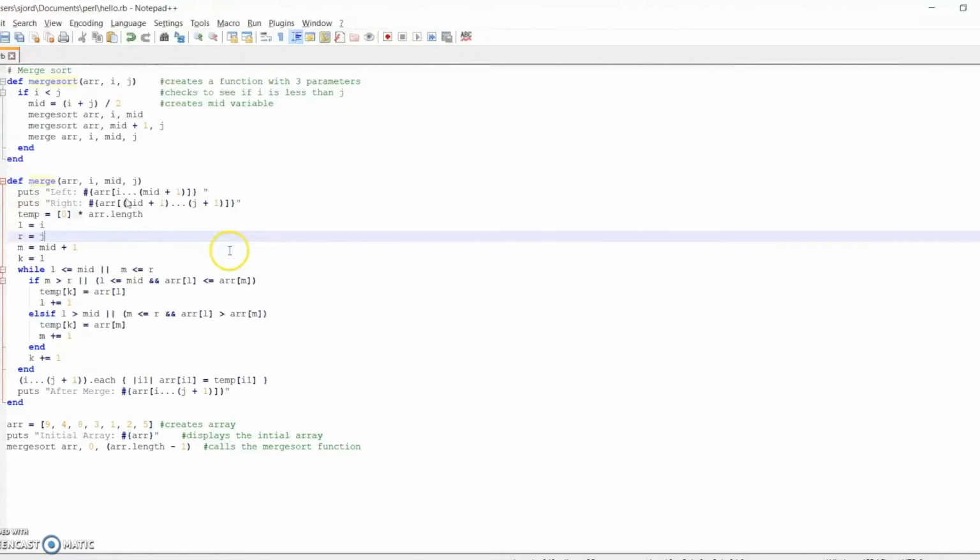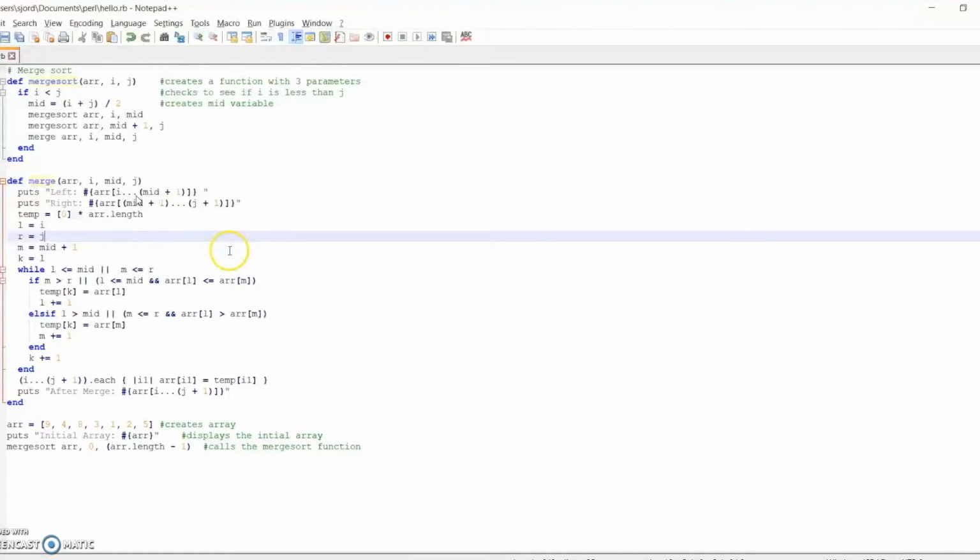And what was pretty neat that I haven't really seen in other languages, well, at least I haven't used it, is these three little dots. I was kind of confused by them at first, but it turns out that this is just a range notation. It's kind of like an iterator. So this is going to be an array from i all the way till mid plus 1, excluding mid plus 1. So it'd just be from i plus 1, i plus 2, all the way till mid.